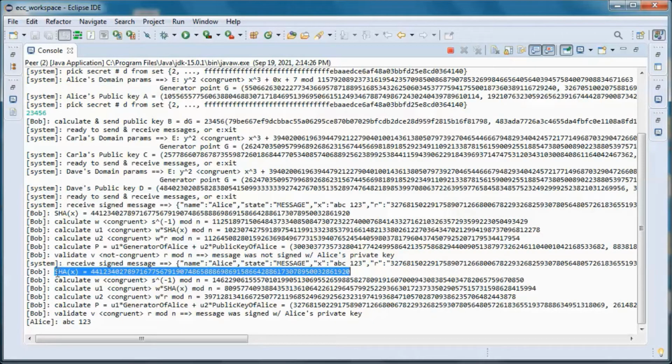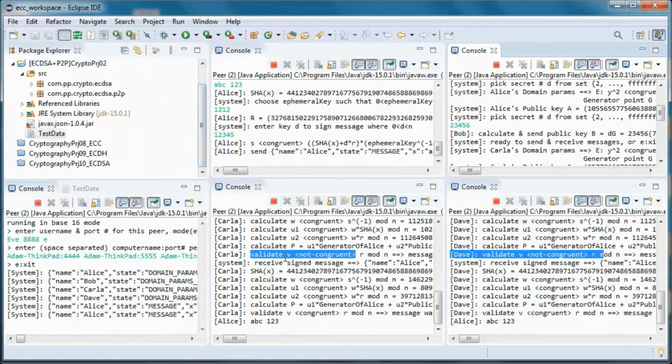So first, SHA-256 is used to hash the message, and then we calculate W, U1, U2, and the point P, which is U1 times the generator of Alice, plus U2 times the public key of Alice, and we get V, and since it is congruent to R mod N, then the message was signed with Alice's private key.